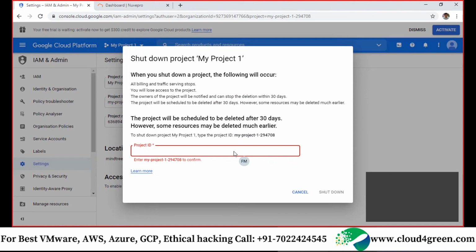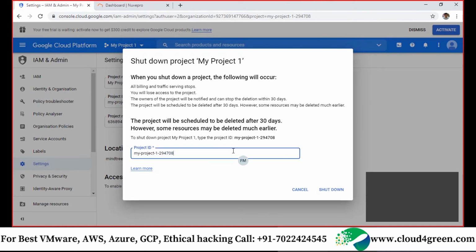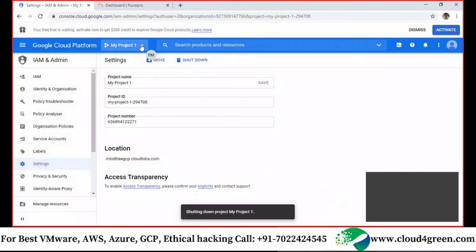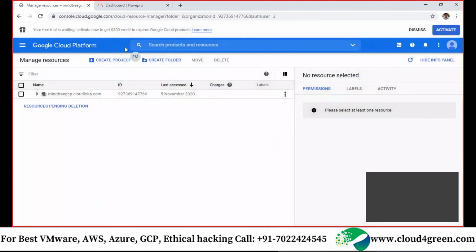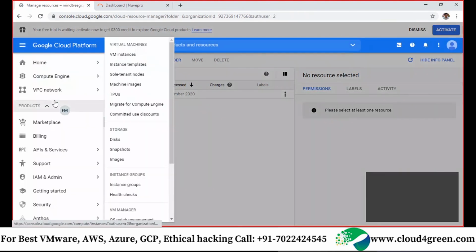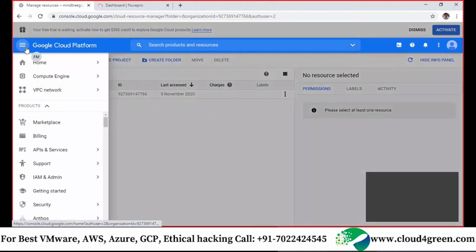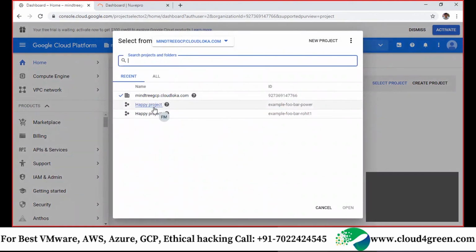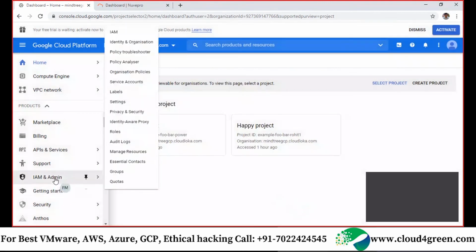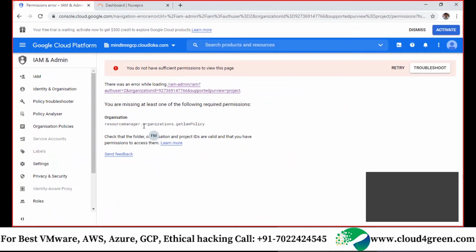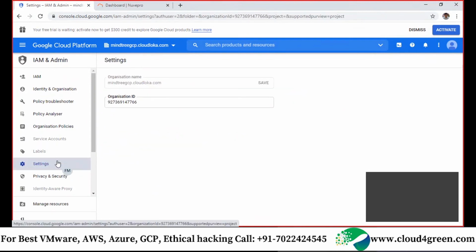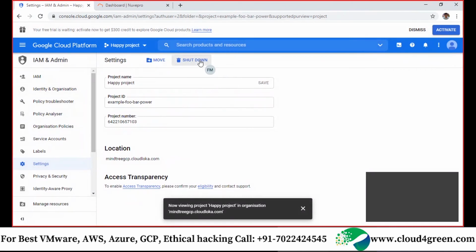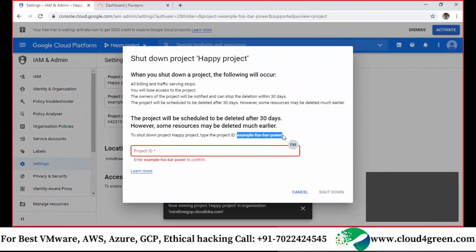Can you paste it here? Control V. Can you copy and paste?